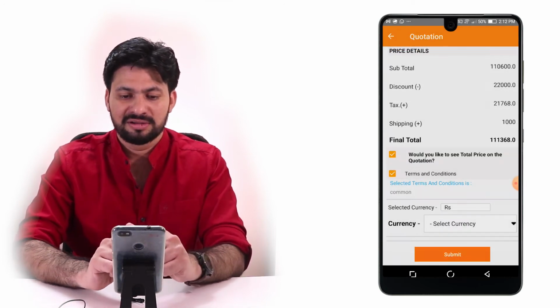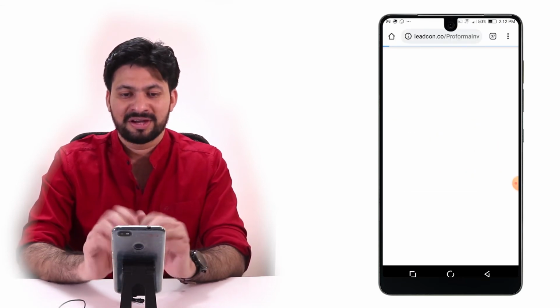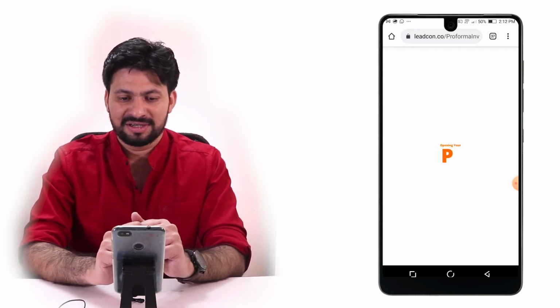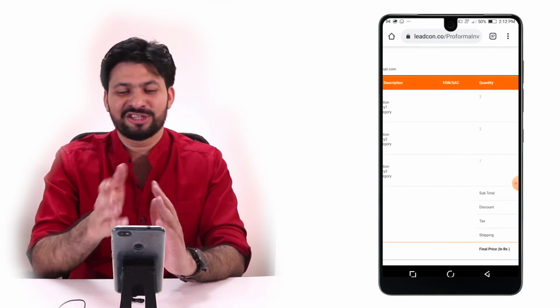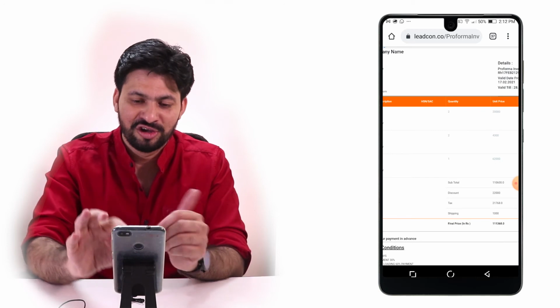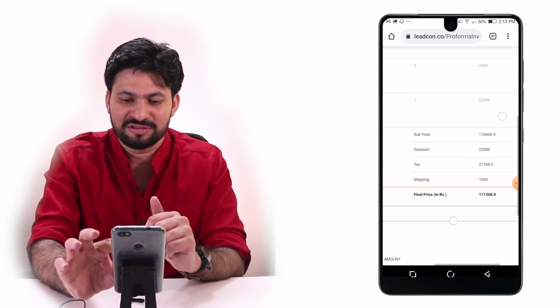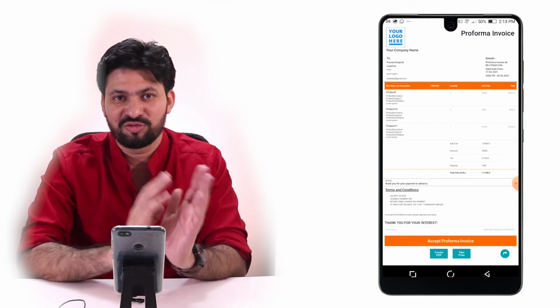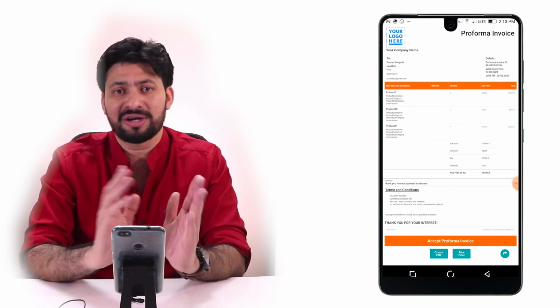I click on submit. The pro forma invoice has been created. If you click on pro forma invoice, it will directly take you to the browser window, just like the quotation, and this time it is going to be the pro forma invoice with all the different details. You can see there is a change in the color, so you can change the colors of the pro forma invoice to suit your brand and so on. And just as we have things for quotation, they are available for pro forma invoice, right from accepting the pro forma invoice or taking them into a PDF and so on.